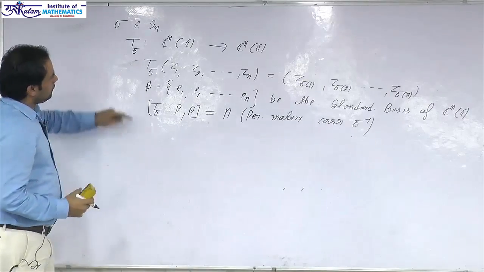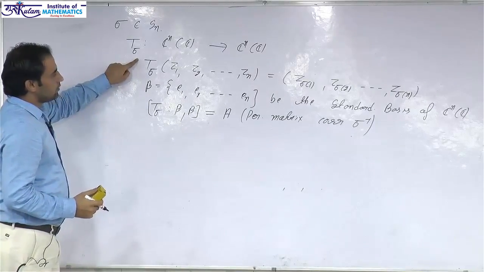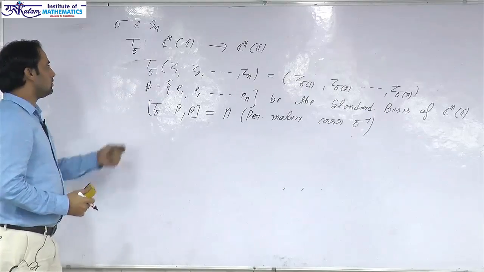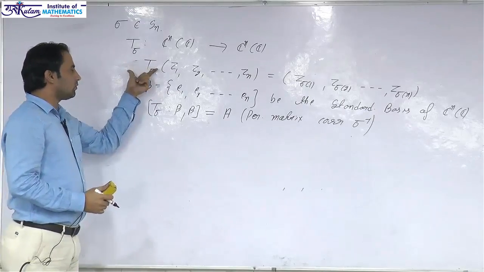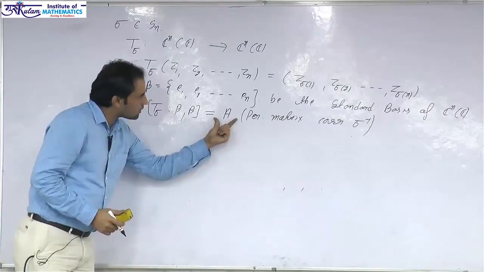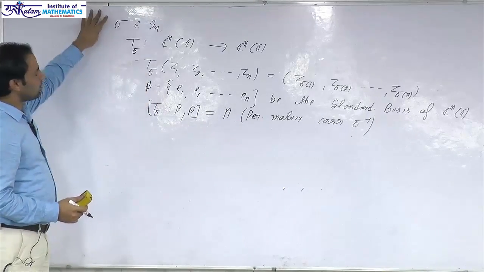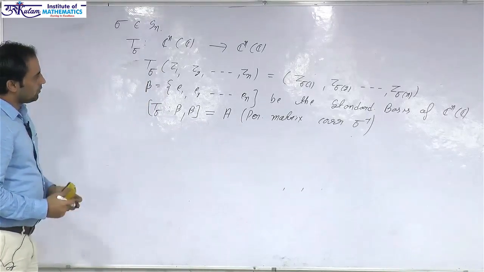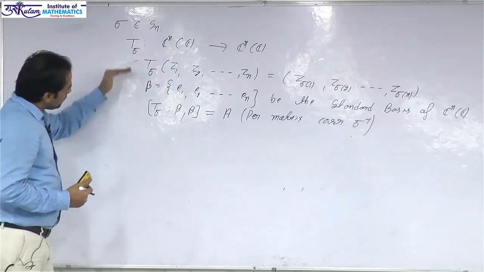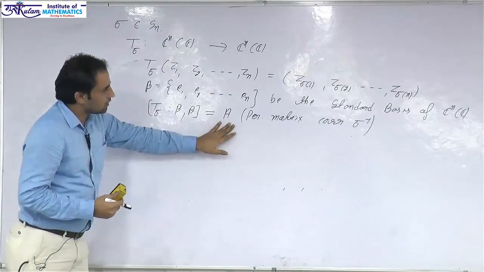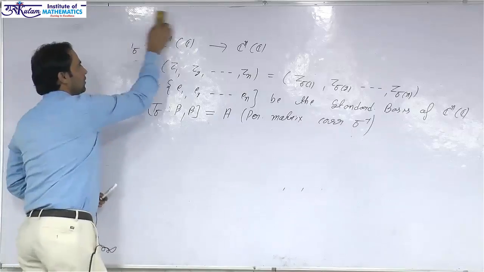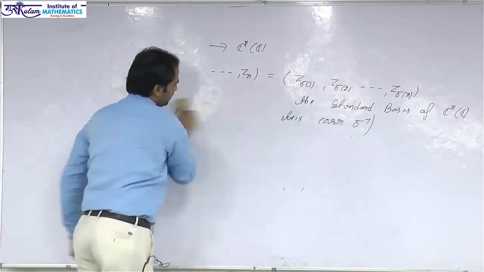And now if we want to find the eigenvalues, eigenvectors corresponding to this T sigma, or the determinant of T sigma, we can directly calculate from this sigma. First we will discuss an example for which this matrix representation is A. So let's consider an example on these properties.